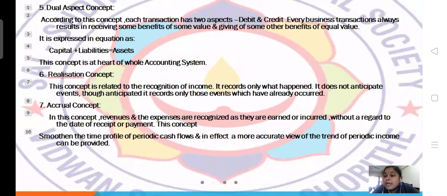But according to this concept, we have to record two aspects of the transaction. What are the two aspects? Debit as well as credit. When you record these two aspects, only then is your business following the dual aspect concept. By using this concept,